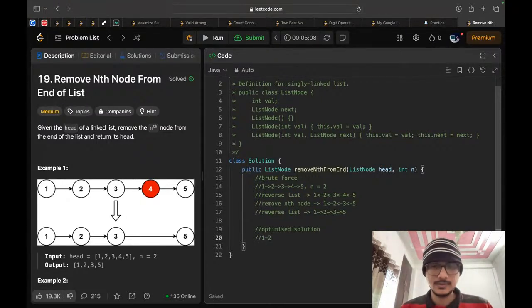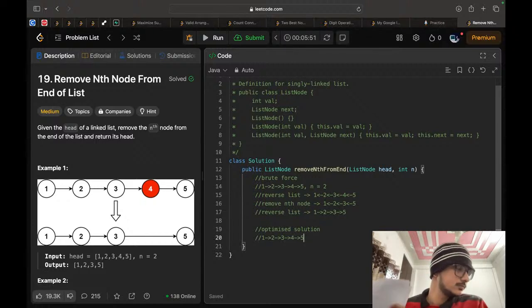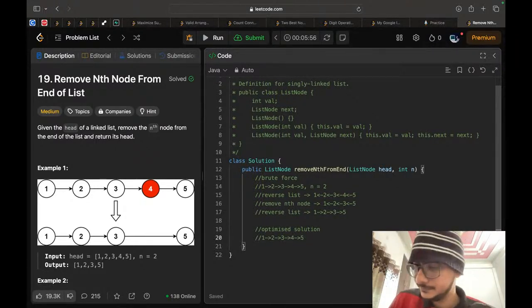So we have this list: one, two, three. Another: one, two, three, four, and five. Another one is one, two, three,